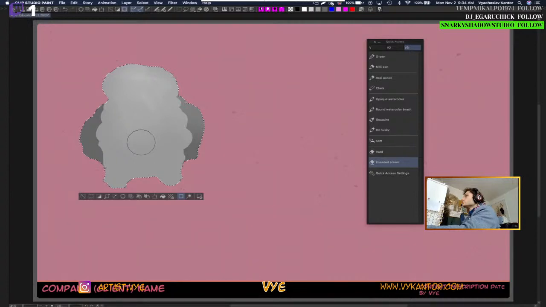I just want the opacity to be a little less. Brush density, hardness. That's interesting. It doesn't give you that option. Size, ink, opacity. Yeah, there it is. There. So it has some patches of light.